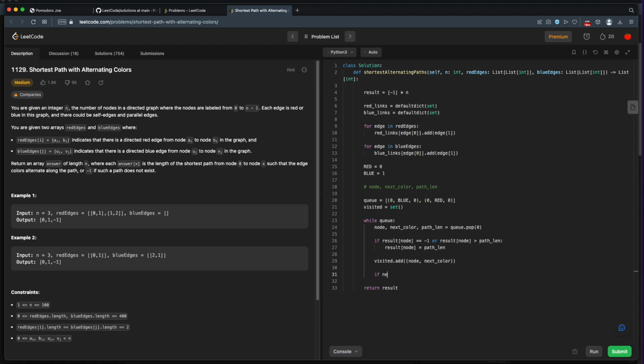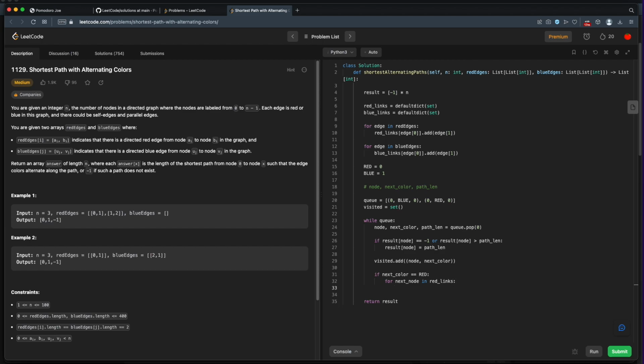So let's see, if the next color is equal to red, well then we can take all of the edges from this node that are red edges. And that's conveniently stored in our red links list up here. So for every next node in our red links, because these are the next color we're allowed to take,